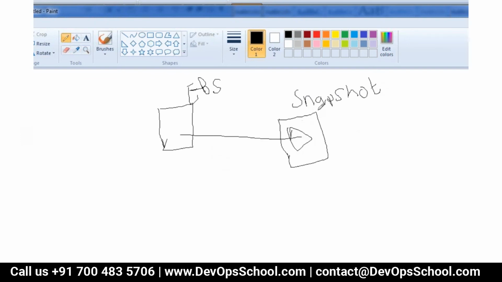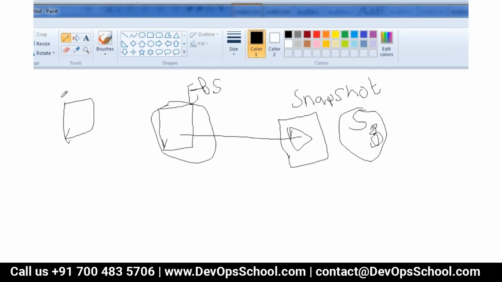But the difference here is the snapshot is stored in S3 type of storage, which is a simple storage service. So it is S3 or a file storage, and it is kept in that format. Okay. So I can create an EBS volume. Suppose this is attached to one EC2 instance, and now I want to back this up. So I can create a snapshot. It will go to S3, which is a very reliable storage.